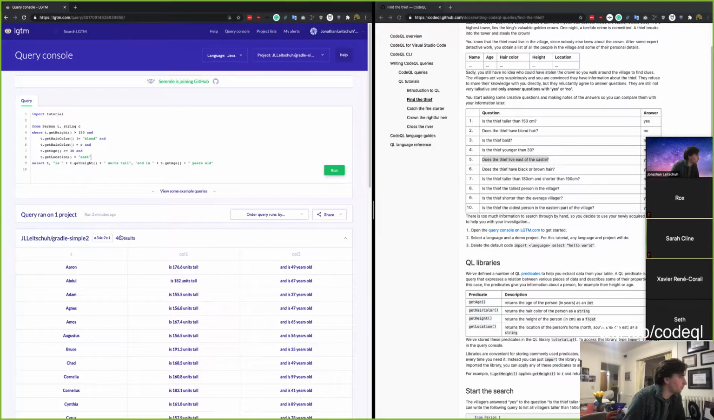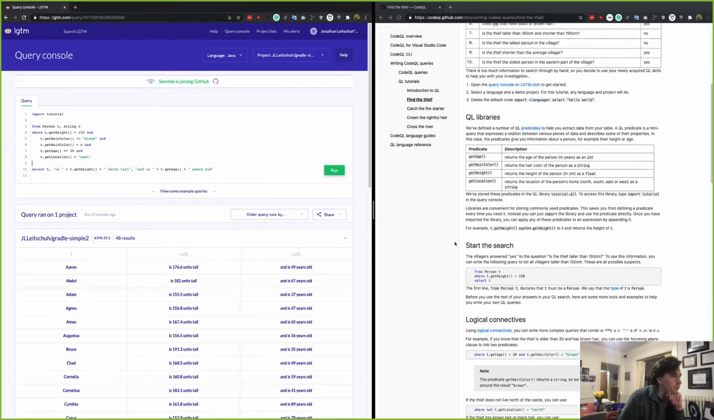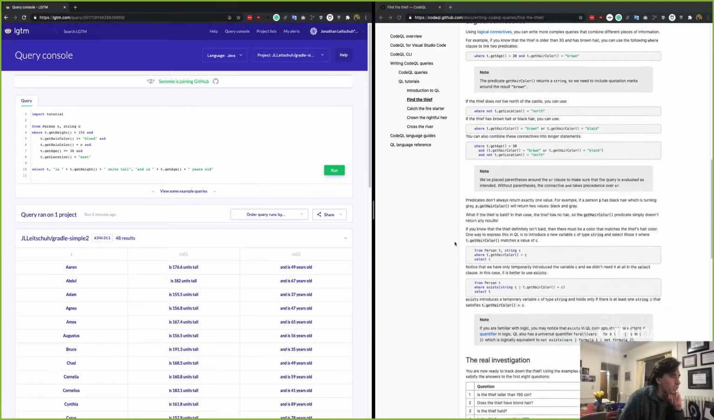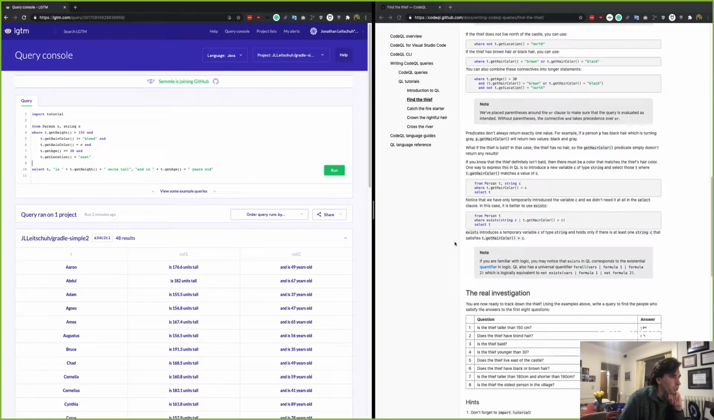Okay, so we filtered down to 48 results. Does the thief live east of the castle? We said yes about that. Does the thief have black or brown hair? For this one, I think this requires the OR syntax, but I think there's a way to do this with an array. For simplicity's sake, we'll do it with the simpler state. Oh, interesting. Okay, so let's jump back to